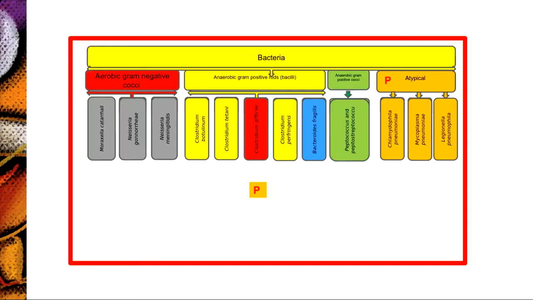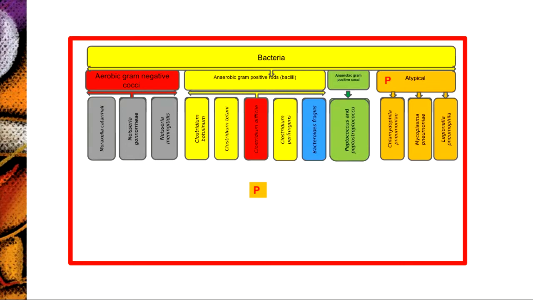When we are talking about atypical organisms, the problem is that they don't have a cell wall. So if it's an atypical organism, an antibiotic which works on the cell wall will not work on them. We have to use some antibiotic which will work on them, like azithromycin or levofloxacin or doxycycline. Because if you use any beta-lactam which works on the cell wall, it will not work. That's why when we are treating community-acquired pneumonia, we need to add to ceftriaxone, for example, azithromycin or doxycycline